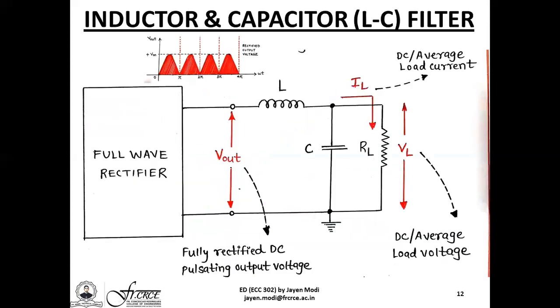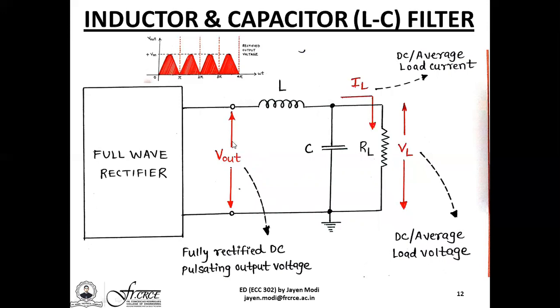Looking at the inductor and the capacitor filter, we are following the same particular notation. The complicated stuff of the AC input source, rectifier circuit, as well as the transformer have been simply put into this particular black box. So this has been shown as a typical two-port network. The output voltage is what we get as a pulsating DC voltage. And this was again taken a long time back when we studied both the particular rectifier circuits.